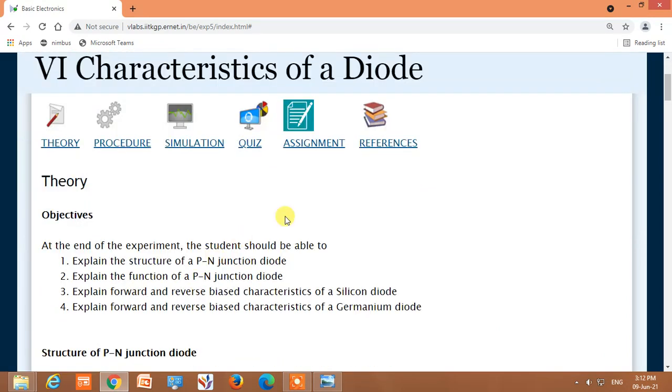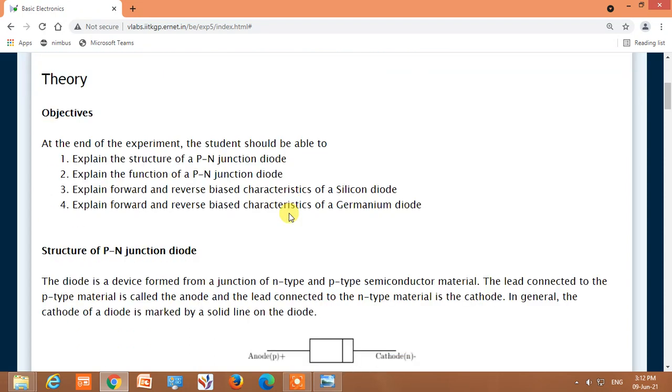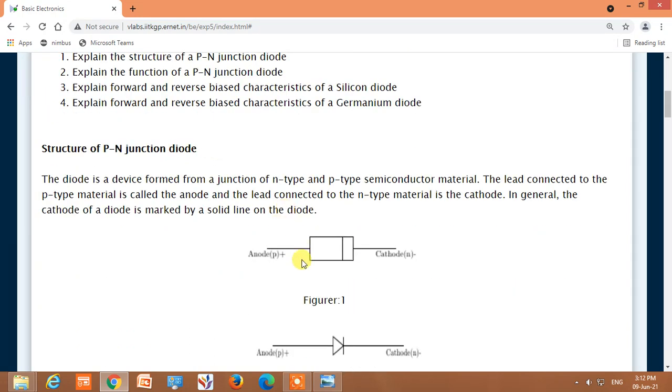In theory we know that a PN junction, what is the structure of a PN junction? It is formed of a p-type and n-type semiconductor material. These are generally extrinsic semiconductors. The terminal connected to the p-type semiconductor is the anode.